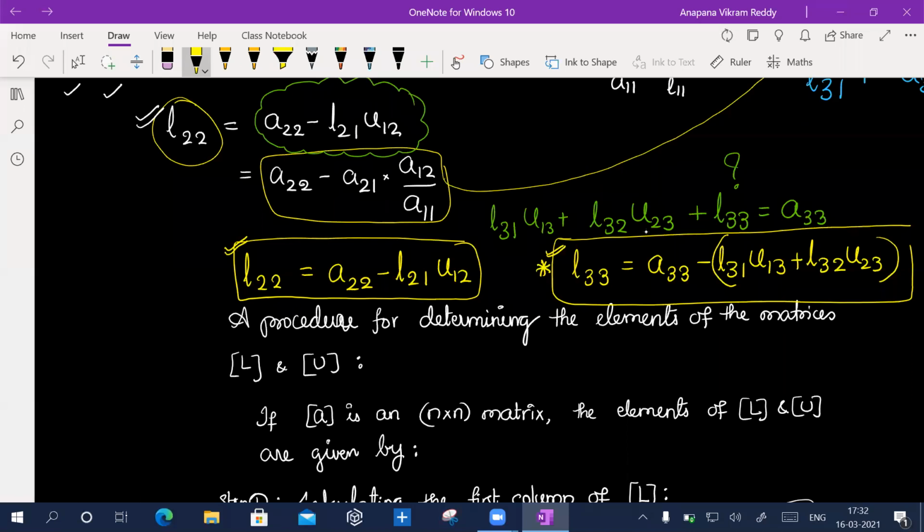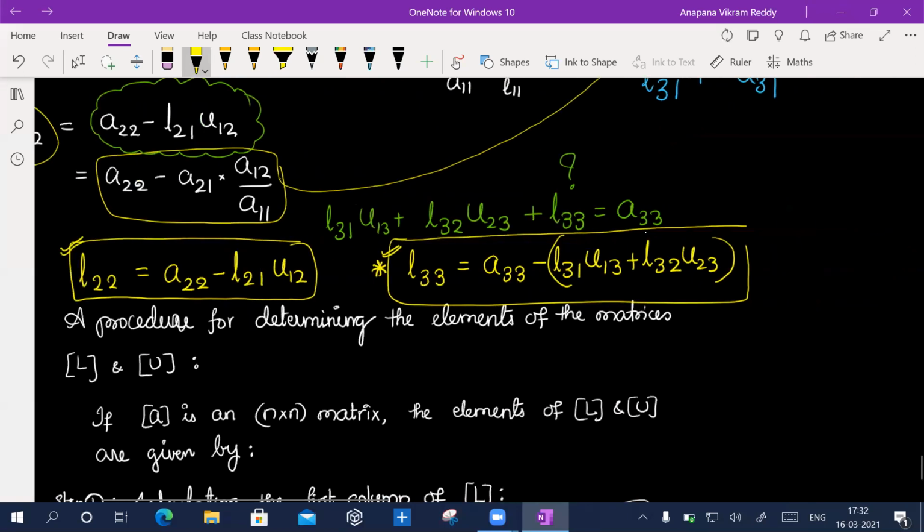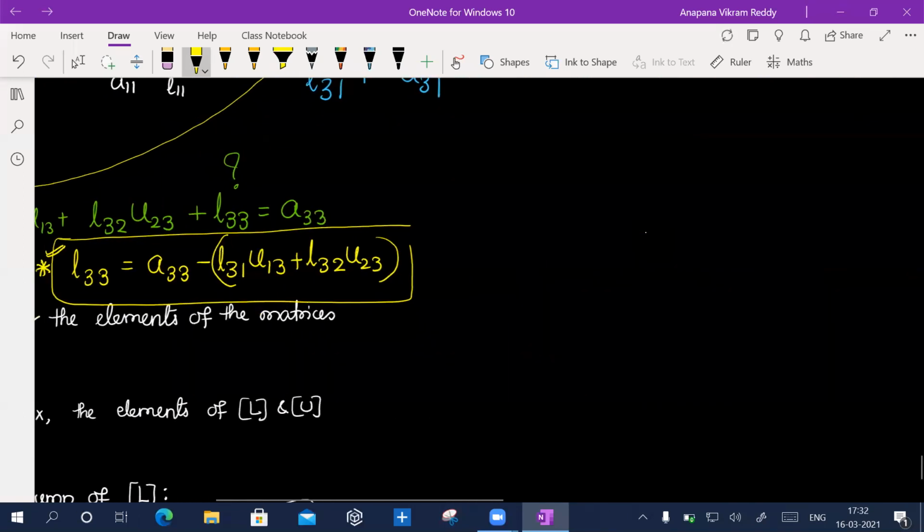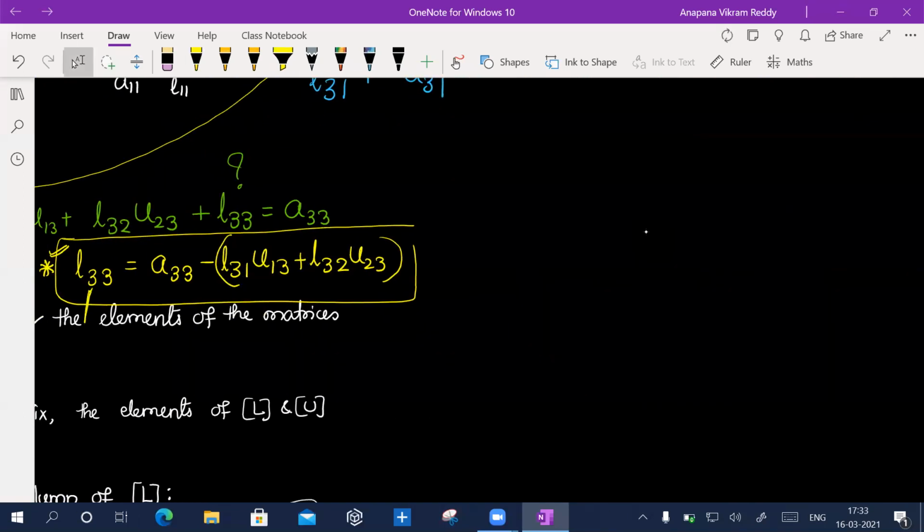Yes, yes. See, this is my row, right? This is my column, right? I took I for row numbering, and I took J for column numbering. That's it. This is my estimation.